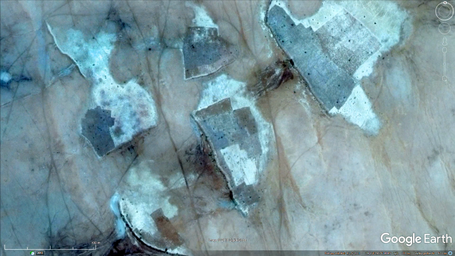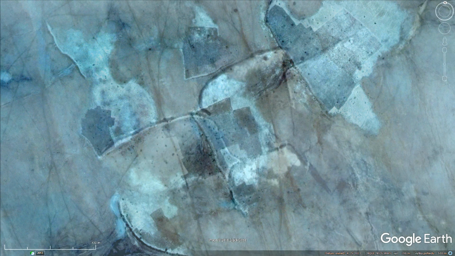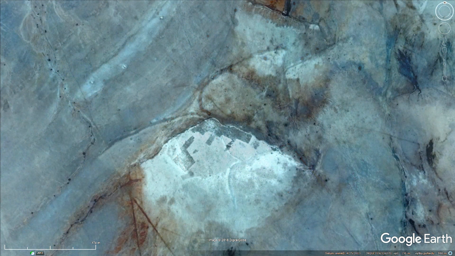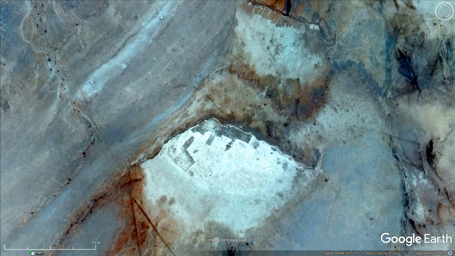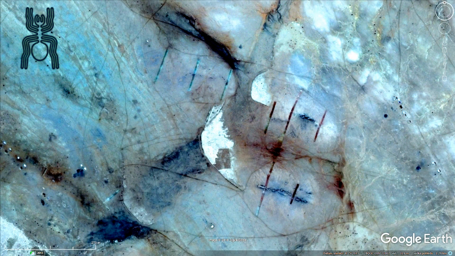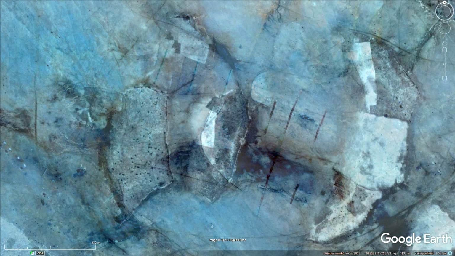These plates lie over a large area of southern Mauritania and show considerable destruction. In this image, we are probably looking at fragments of a truss structure.